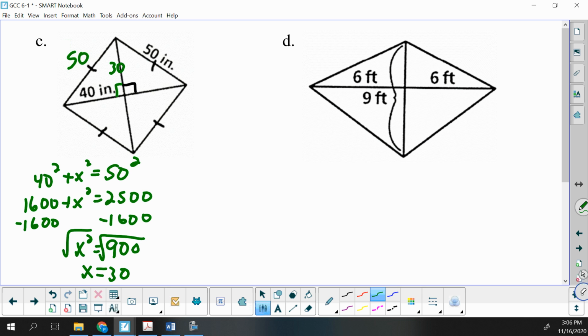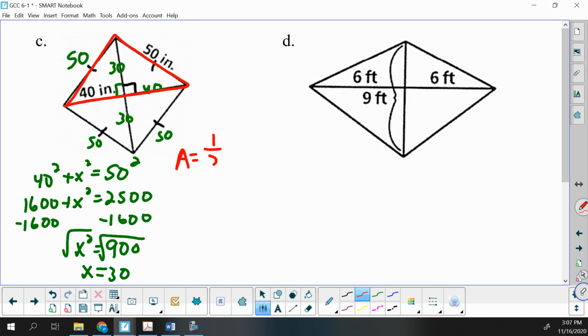Well, if this is 30, 40, and 50, the other triangle must be 30, 40, and 50. And if these are 50s, this must also have to be 30. So what we're going to do is we're going to do the area of this triangle, and we're going to double it because there's 2 of those triangles. So our area